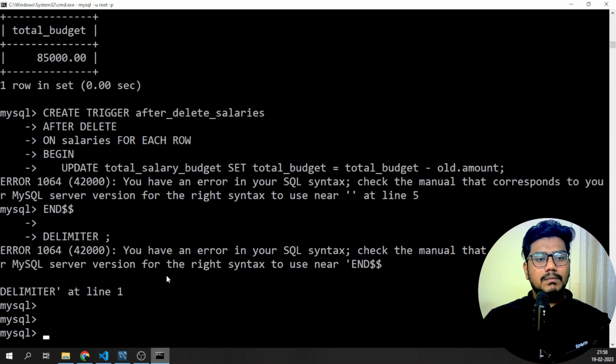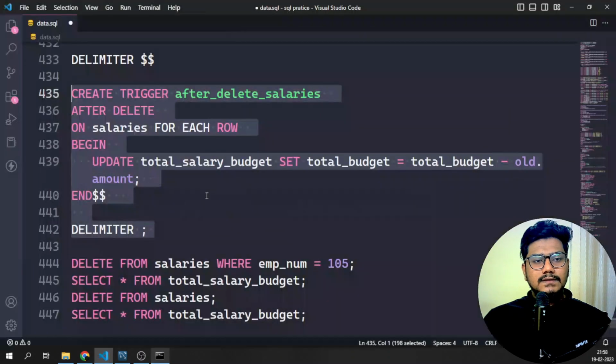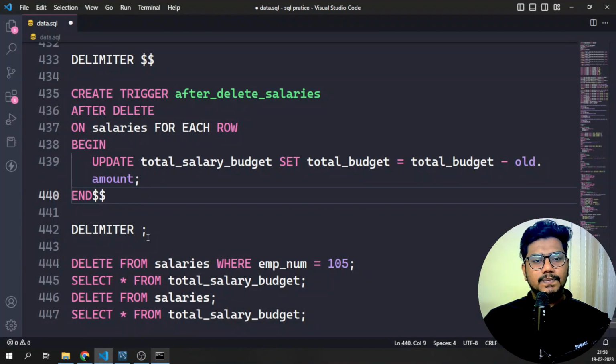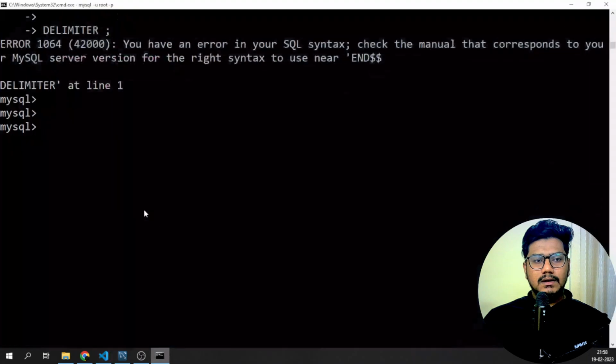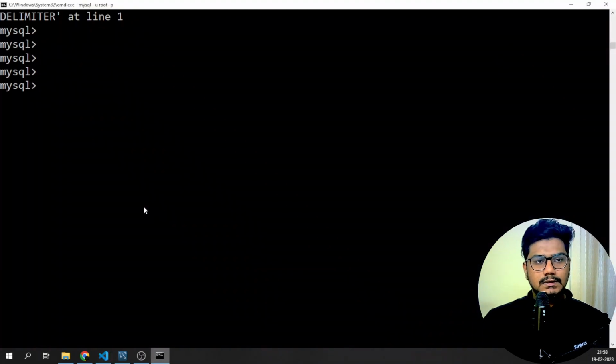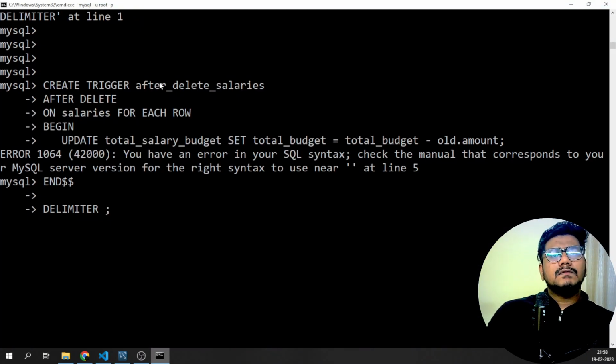the thing got applied, so we have an error. Where is the error? Okay, so let's create a trigger on delete after this one. Okay, begin, update the salary, set this with the old dot amount. Okay, update it, correct, it is there, right? So let me copy this again and try to run it. Okay, I'm having an error somewhere. So here you can see after begin now. Okay, here it is giving me the error, so it is going to give me an SQL